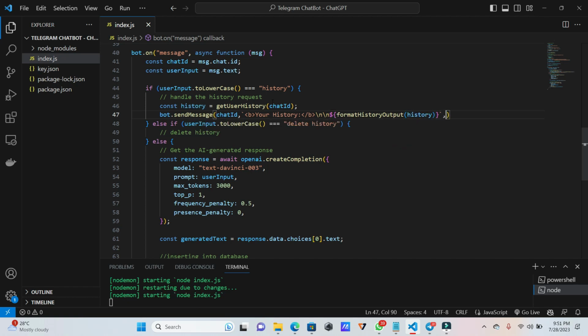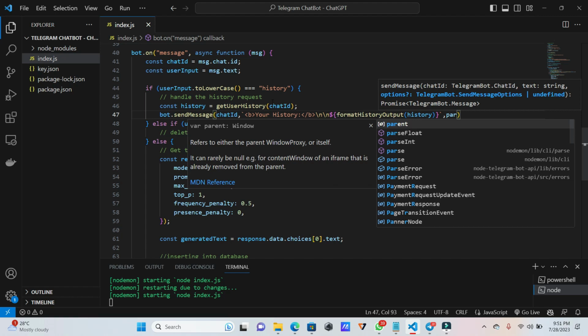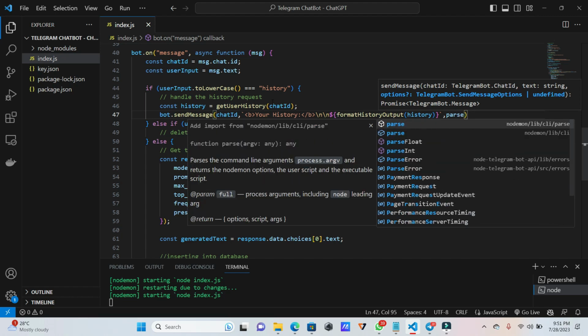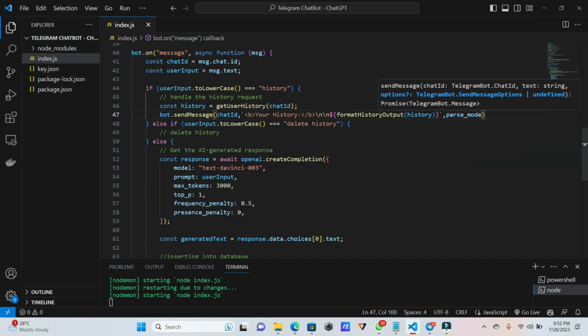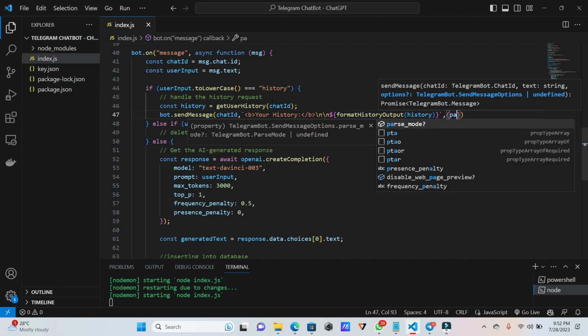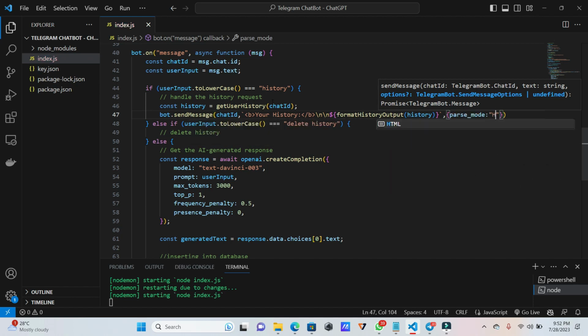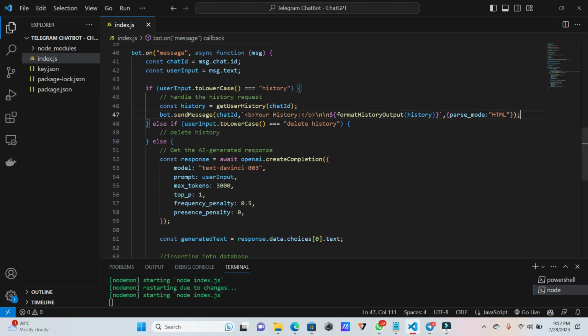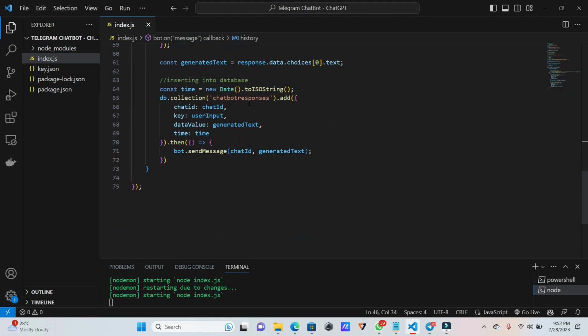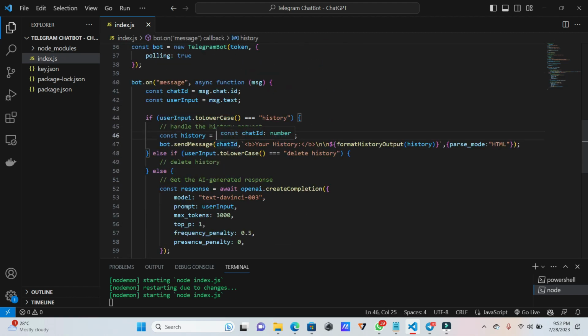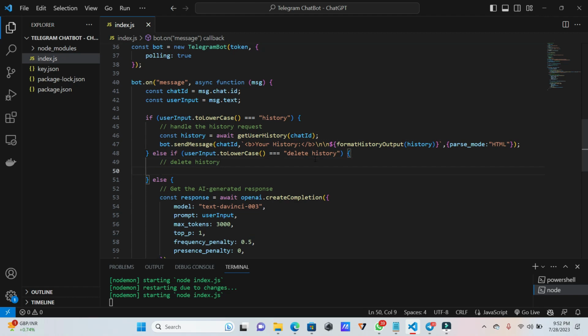We need to implement these functions also, and the parse format we need to mention in the curly brackets as parse mode. So parse mode is HTML. Yeah, done. So we need to implement two functions here, and we must use await because we need to